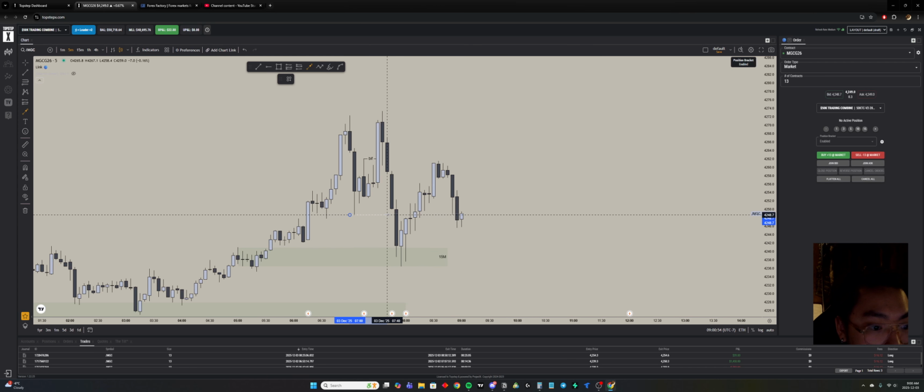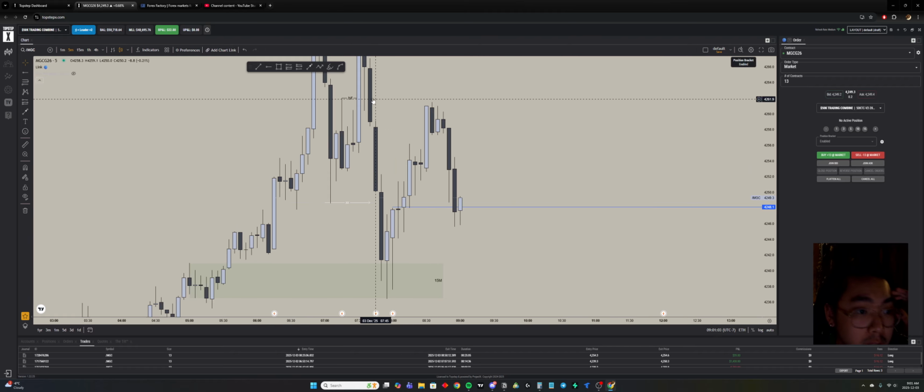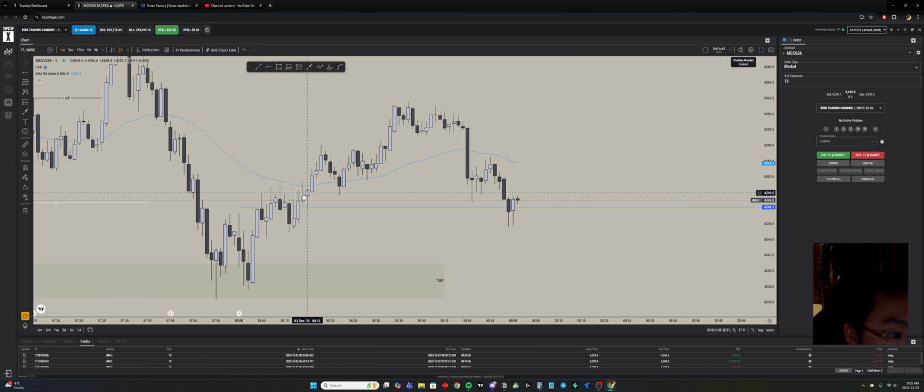Liquidity grabbed from these swings. Now the first PA level sat right here. I don't love these types of PA levels where it's just a doji, but as you can see, it did work out. Now, again, so I was looking at this, the EMA was right here